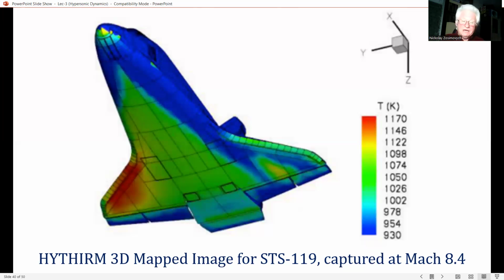Namely, in this figure, the shuttle surface is covered by more than 100 triangles. Other modern features contained in the new code are the inclusion of high temperature equilibrium, chemically reacting flow thermodynamics,